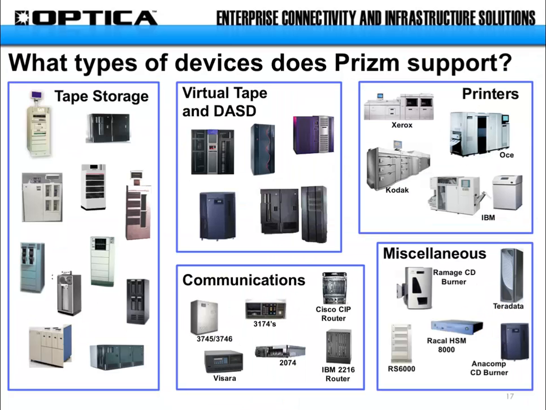What device types are supported by Prism? As I mentioned before, with IBM's SAC certification, we say that essentially any device type can be supported without issue. The majority of the devices we support are tape. I would say roughly 75% of the device portfolio behind Prism today across hundreds of customers globally is going to be tape. But we connect to a whole lot of these other categories, whether it be communications gear, print.